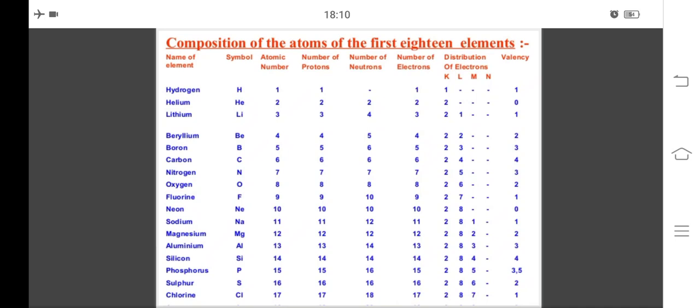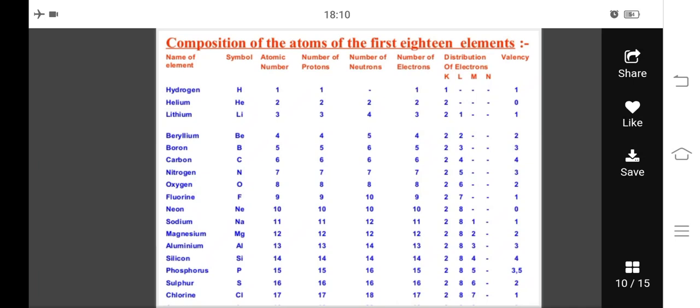Thus it will also be having 5 protons and 5 electrons, and the electrons will be distributed in K and L shell as 2, 3, and thus it wants to release these 3 electrons. Now next let us just skip 1 to 2 elements, because in those the filling is same.